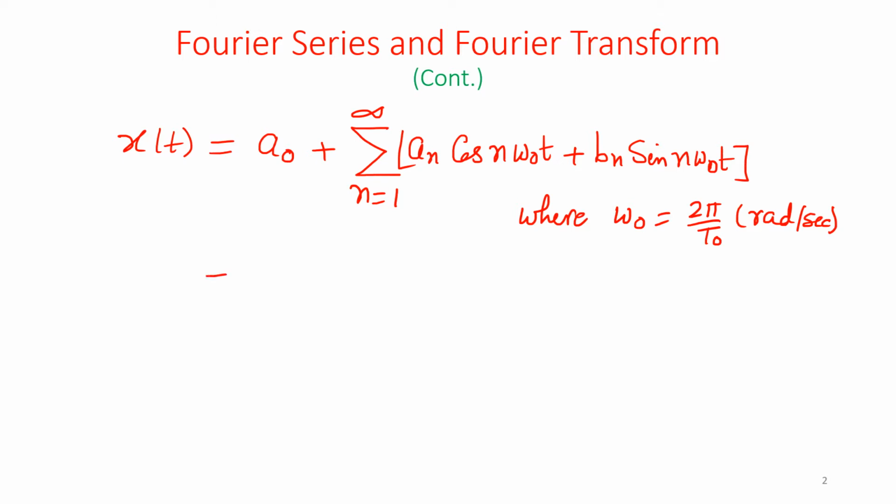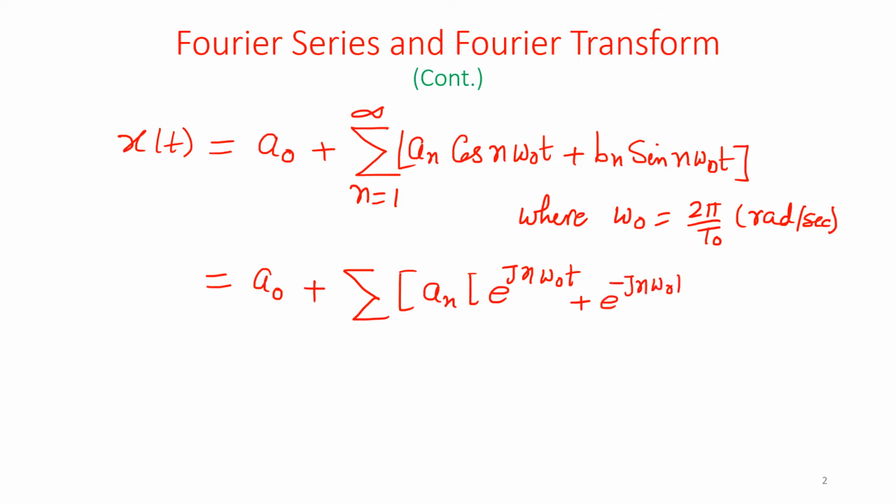So this is the same a naught. So if we rewrite this cos n omega naught t as e to the power j n omega naught t plus e to the power minus j n omega naught t upon 2,